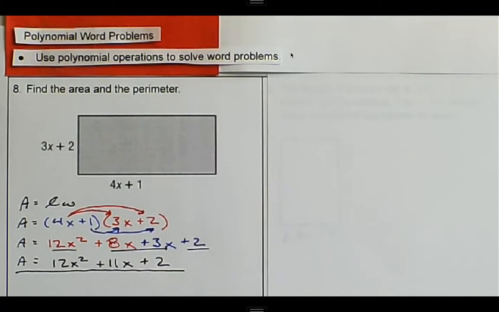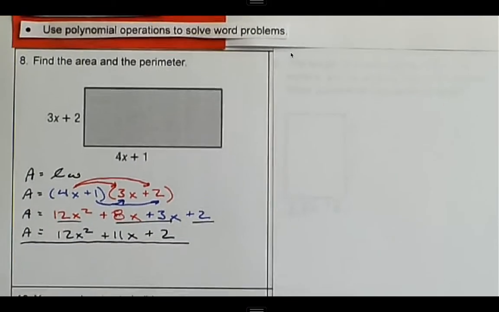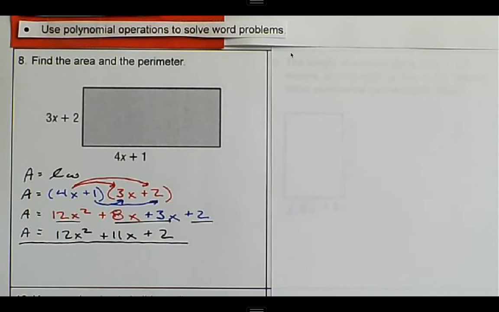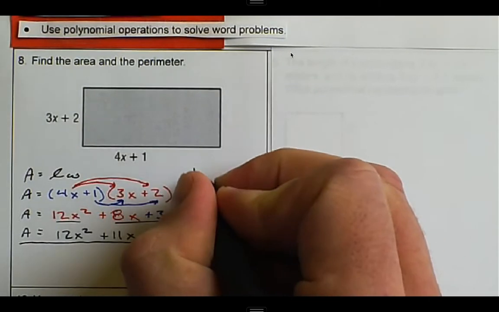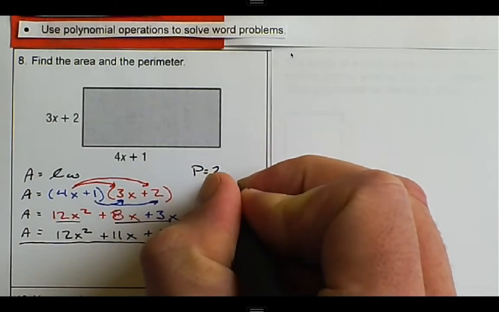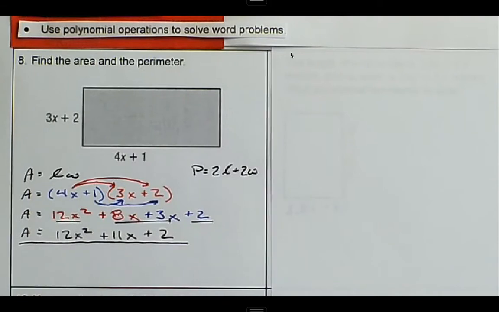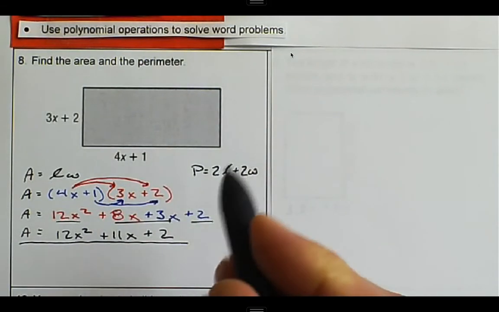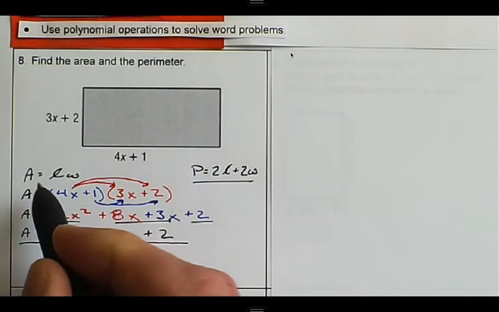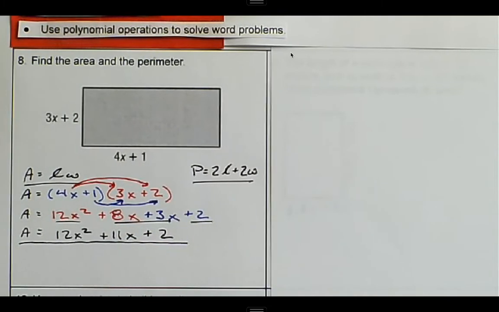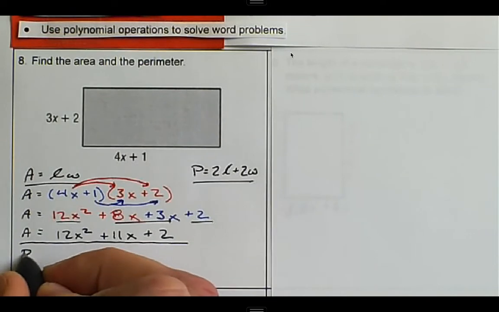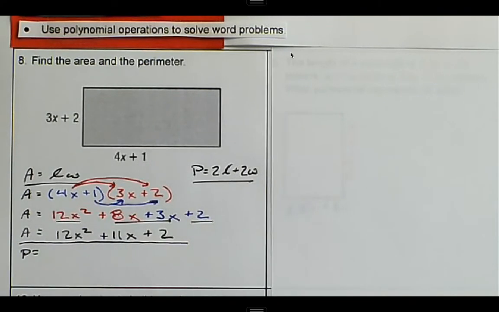And then the perimeter that we're trying to calculate, the equation for perimeter is equal to 2 times the length plus 2 times the width. So that's going to be the equation for perimeter that we need right there. So again, we're going to have to substitute those values in. So perimeter is equal to,